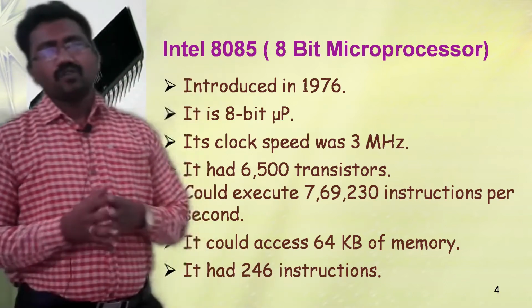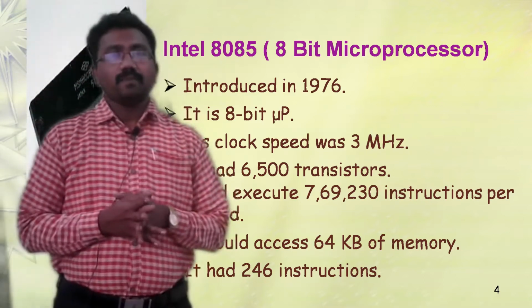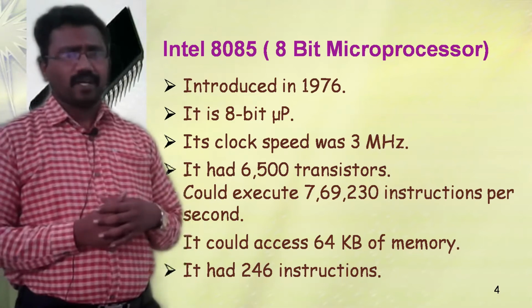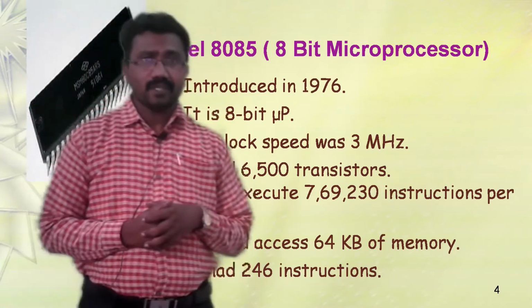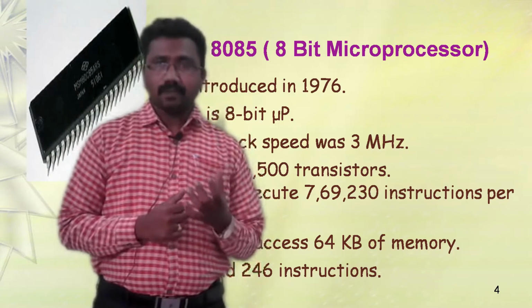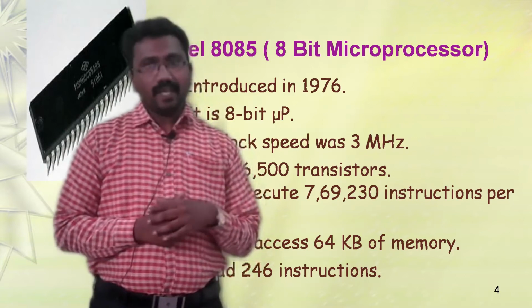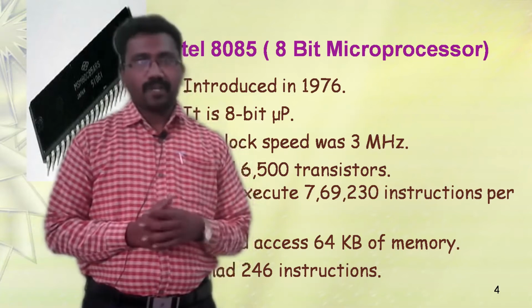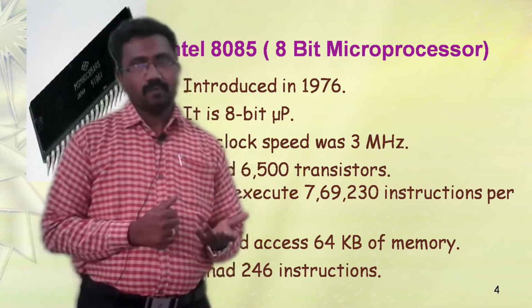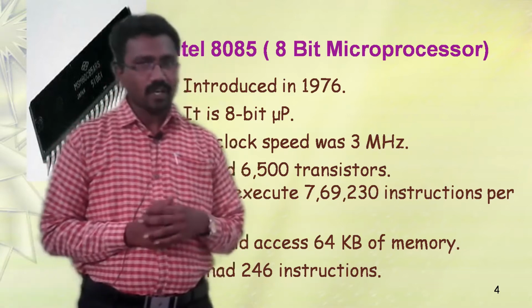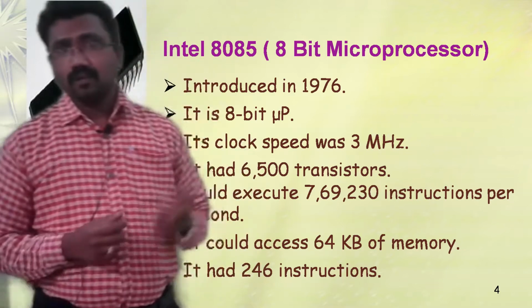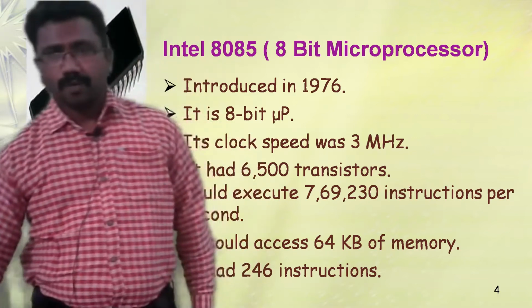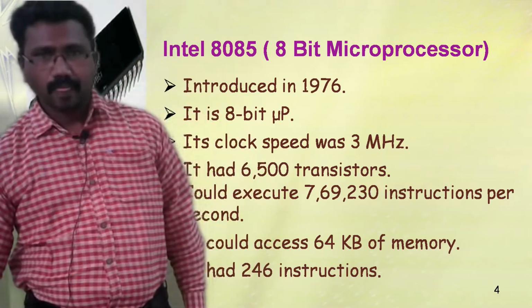The 8085 is called an 8-bit microprocessor. Why? It handles 8 bits of data at a time. The data bus width is 8-bit, it has 8-bit registers, and it also has an 8-bit ALU. An 8-bit ALU means the ALU performs 8-bit operations: the input number length is 8 bits and it produces an 8-bit output, whereas a 4-bit microprocessor contains a 4-bit ALU. Now coming to the 8086.